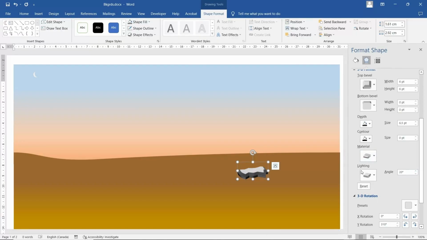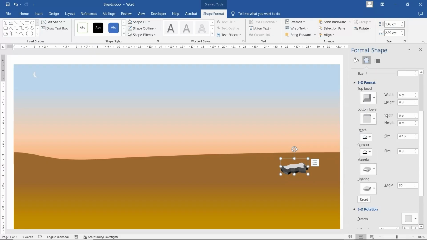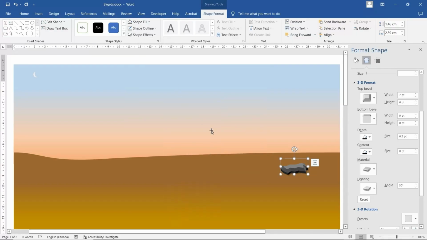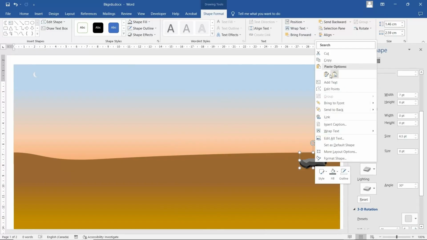I think the angle too has to be changed. Bring that in a little bit more. Go material, a little bit more subdued, like so. Add some shadow. That's a rock. This corner here, and then we can go copy,